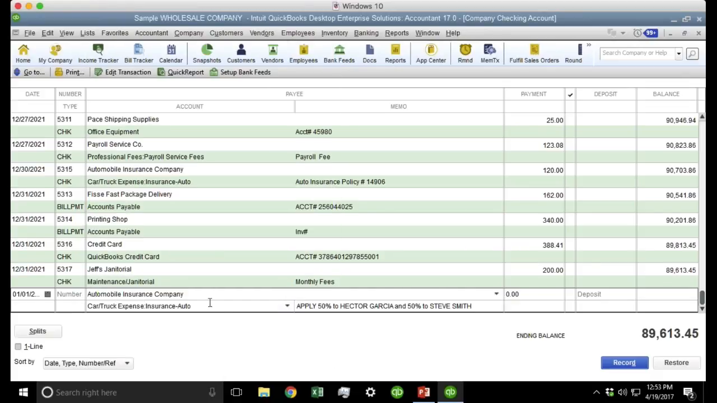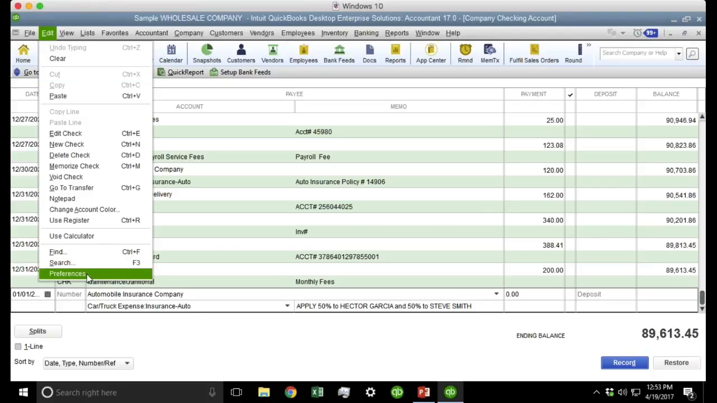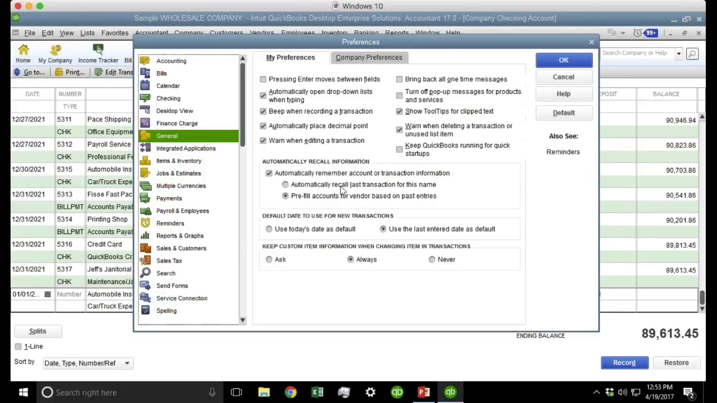Okay, now it fills it automatically. So again, let's go back to what these preferences are. Automatically recall will do the exact same thing that you did on the last transaction. Pre-fill on last entry will pre-fill only the expense category matching that vendor if I don't have an overriding